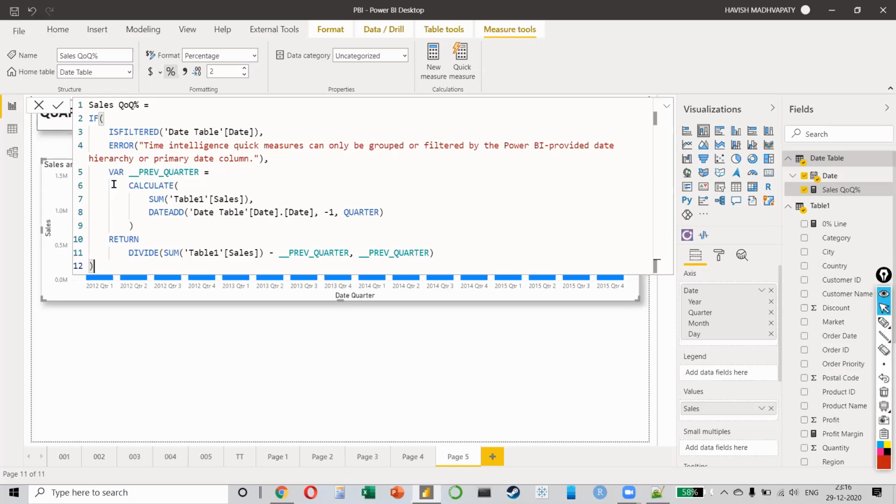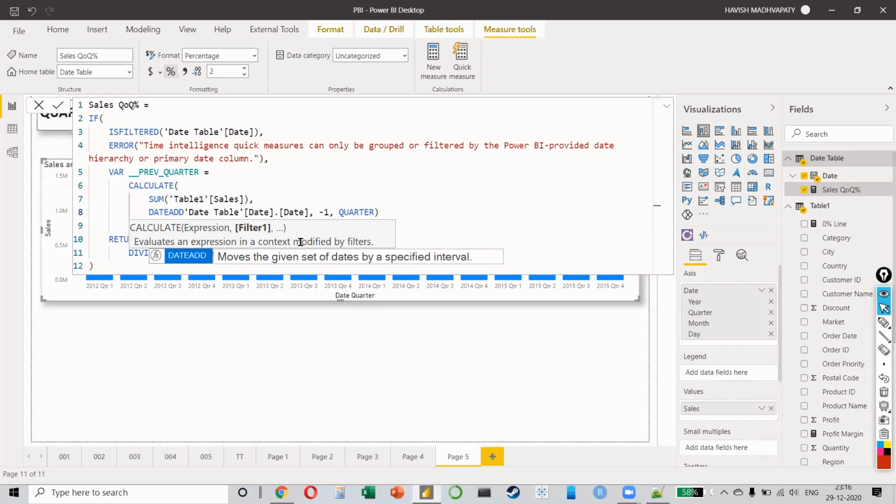I'm creating a variable called previous quarter. Just a variable name, like we use the LET function in Excel. Similarly, we are finding the total sales for the previous quarter, which is -1. And how are we doing this? Because of the DATEADD function.